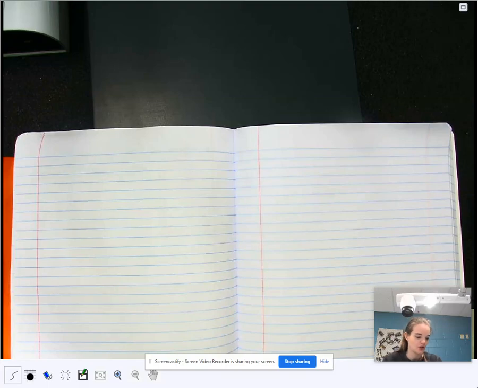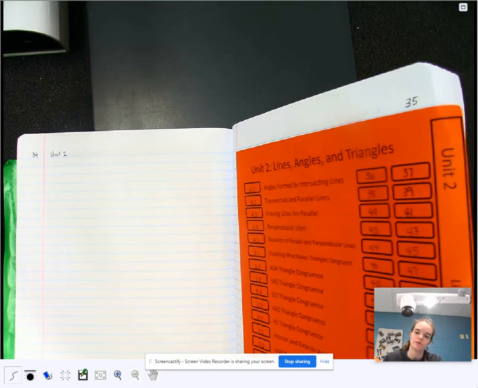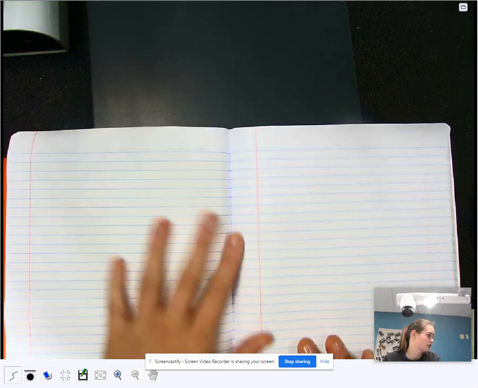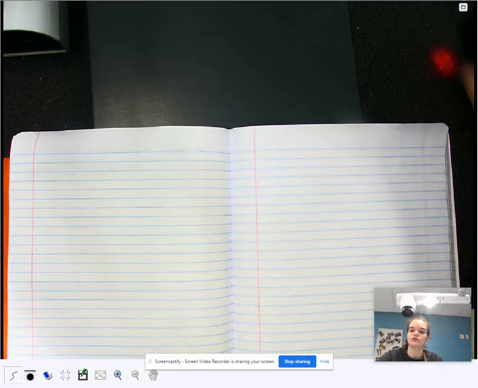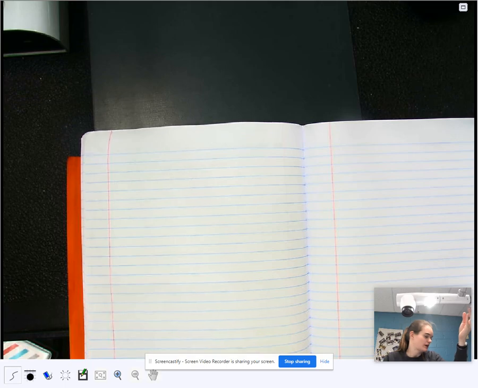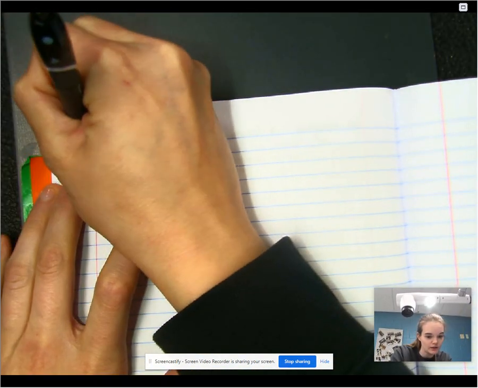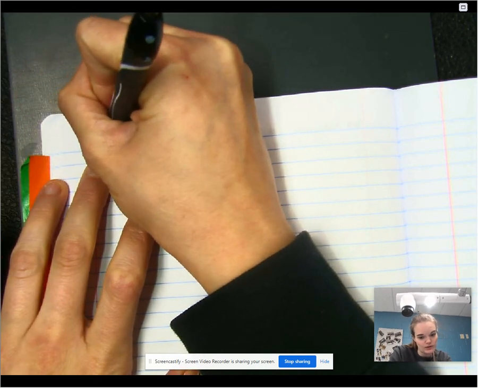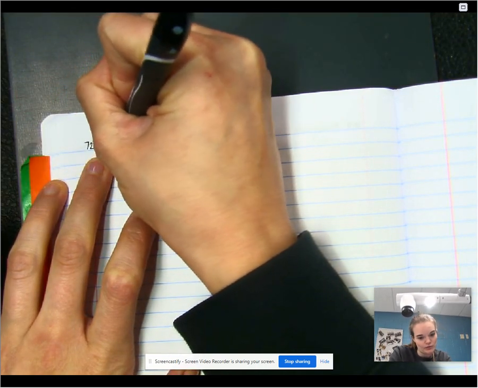Okay, today we're starting a new unit. We've done a whole lot about lines, angles, and triangles. We're going to start learning about quadrilaterals for a little while now. So since we've got a new unit, you're going to go ahead and label pages 72 and 73, Unit 3, and we're going to glue in your new tab,